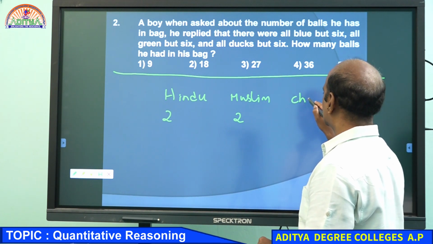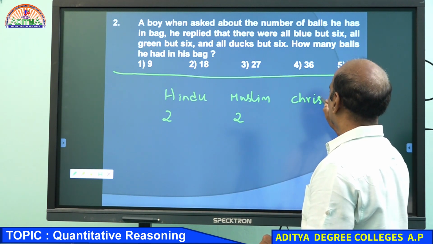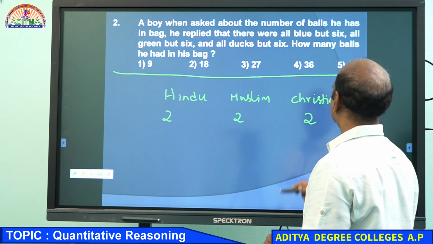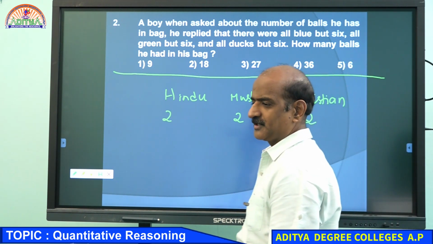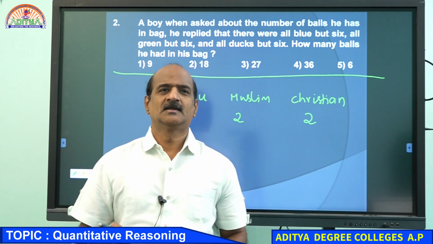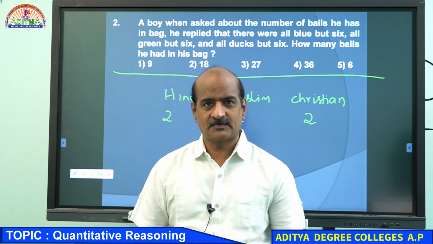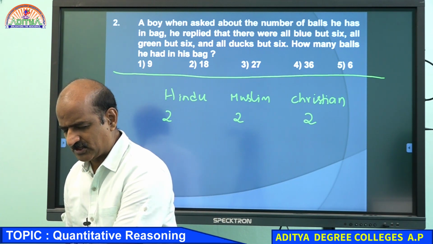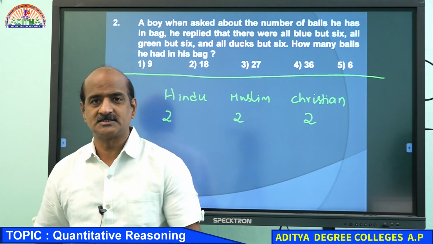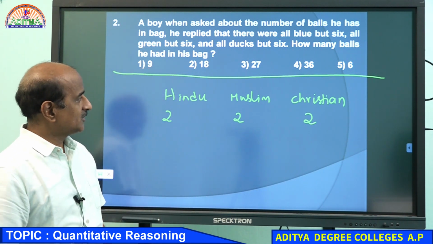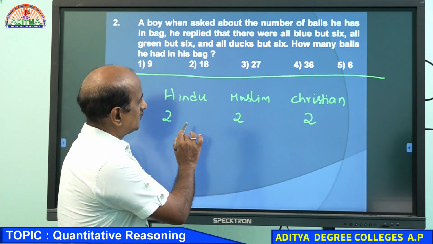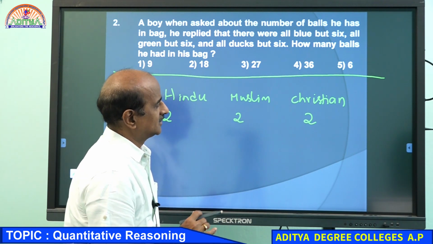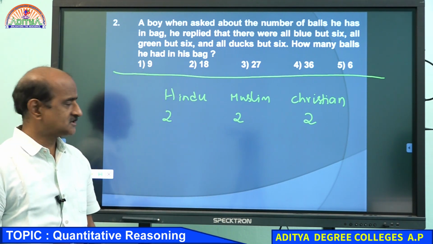And let me suppose that there are two Christian boys. Okay? Now, I just want to give a comment to you. Please just make sure that what I am telling you is right or not. Now, just listen to me. Here we go. In a school, I could see that there are two Hindu boys, two Muslims, and then we have two Christians. Students, now just let me tell you.